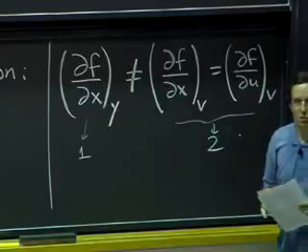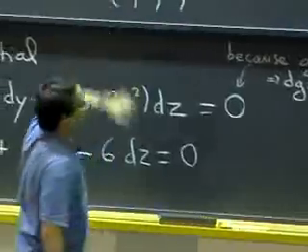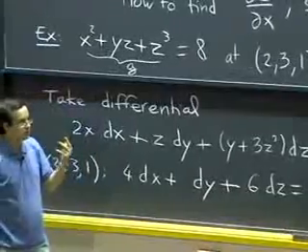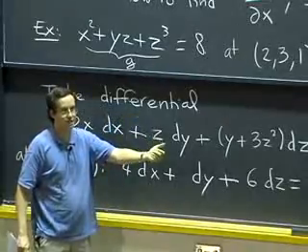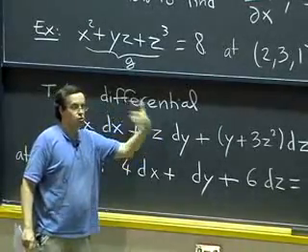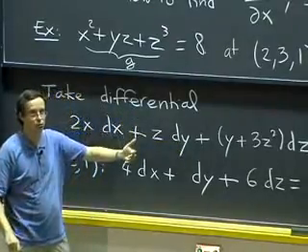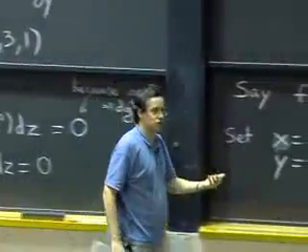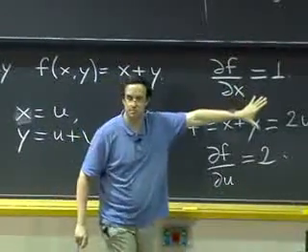Now that's going to be particularly important when we have variables that are related. Let's say I have a function that depends on x, y, and z, but x, y, and z are related. If I look at, say, x and y as my independent variables, and z as a function of x and y, then when I do partials with respect to x, I will hold y constant, but I will let z vary as a function of x and y. Or I could do it the other way around: I could vary x, keep z constant, and let y be a function of x and z. And so I will need to use this kind of notation to indicate which one I mean.